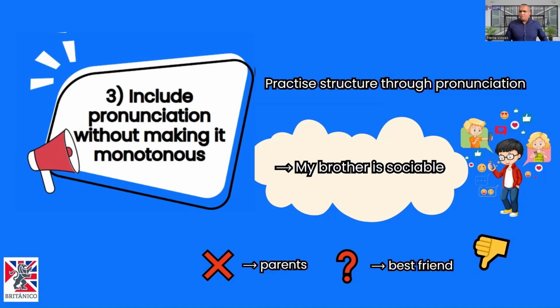For example, Pierre, I don't have the posters, so use your hands. Negative or question, right? And in this way, we make pronunciation less monotonous in a more dynamic and active way. And notice something, your students are creating the new sentences with negative, with questions, or changing the people or adjectives. So they are producing and they finally understand how to use the language.